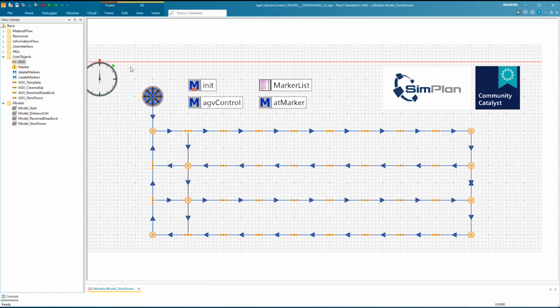Well, I actually ran into two issues when I created this specific layout here that I've also reported to GTAC, and I think one of them was also that the control was called too often. Usually, I would say if you still run into this kind of problem, something similar also used to happen with the track-bound AGV.